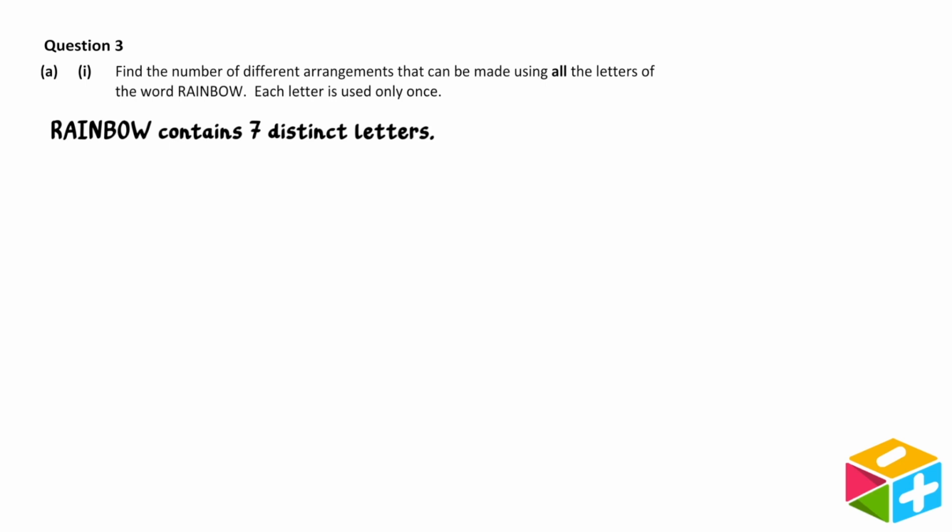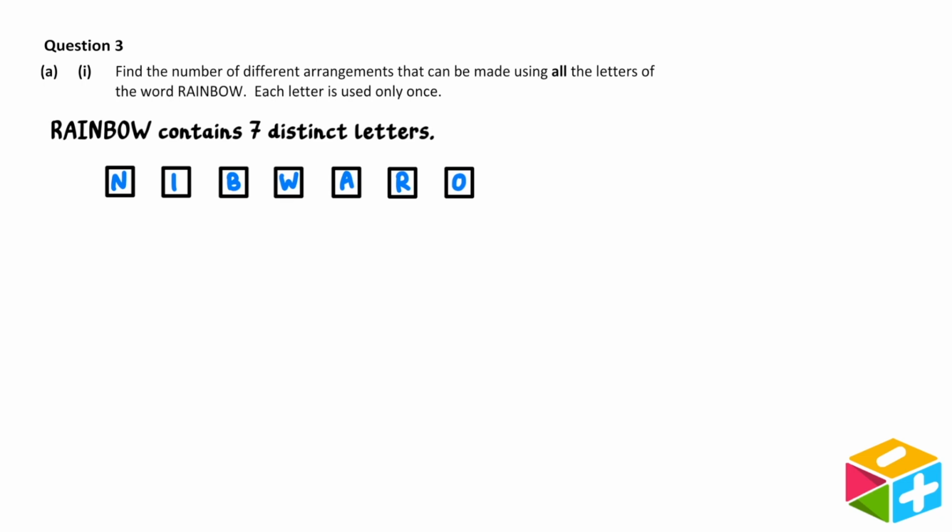Well, we have to use all 7 letters, so we can think of this like the following. We've 7 empty boxes, and we'll need to fill one of our letters into each of these. For example, we could fill in the letters in the order N, I, B, W, A, R, O. This would be one possible arrangement of the letters. And it's worth pointing out that there's no requirement that we come out with a sensible English word, we just want any arrangement of the letters.